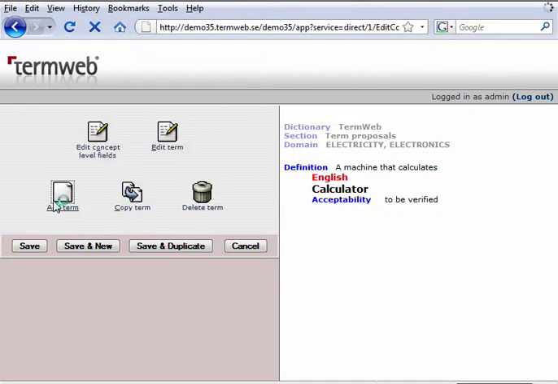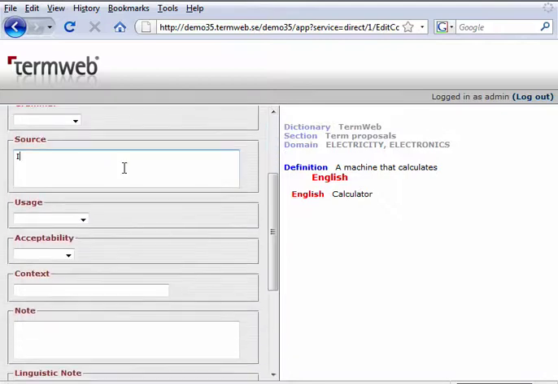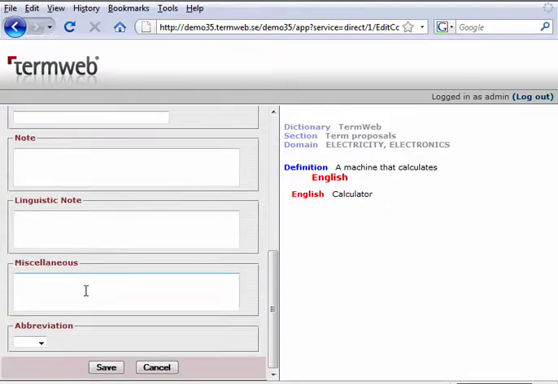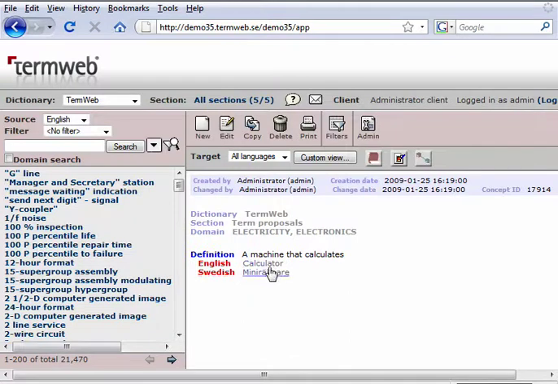Let me now create the Swedish translation. Swedish, and I can also, and so on. Now I can save this, saving my concept,